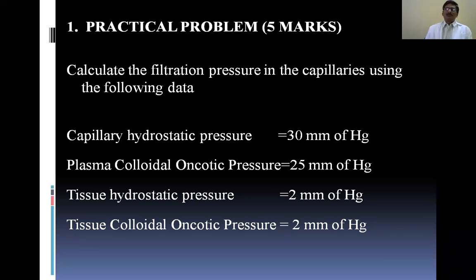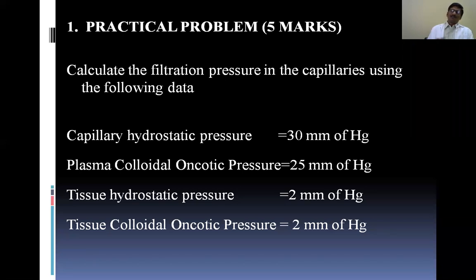So all the nutrients and other things, maybe a hormone or an enzyme, reach a particular site of metabolism by means of exudation or filtration from the blood capillaries. For this, you have a capillary which normally has two ends. One is the arteriolar end, nearer to the artery, and the other is the venular end, nearer to the vein. At the arteriolar end, the hydrostatic pressure is normally higher, which favors the filtration of fluid from the vascular compartment to the surrounding interstitium.